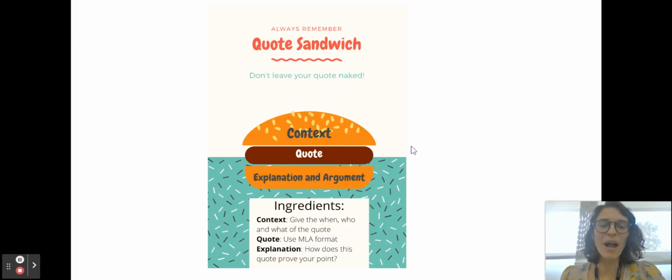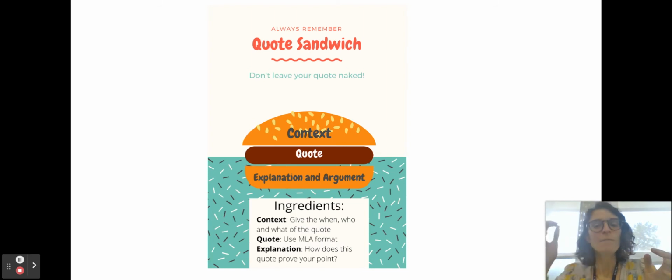The quote sandwich is a way not to leave your quote naked. It's a way to package your quote for easy consumption, right? We have those 2 pieces of bread around the meat so that our hands don't get greasy and sticky and it's not running down. They help us to ingest the quote, or the meat, okay?